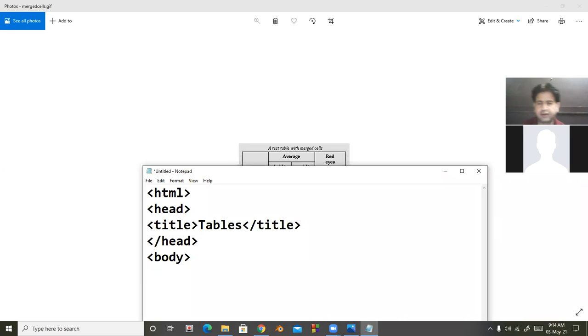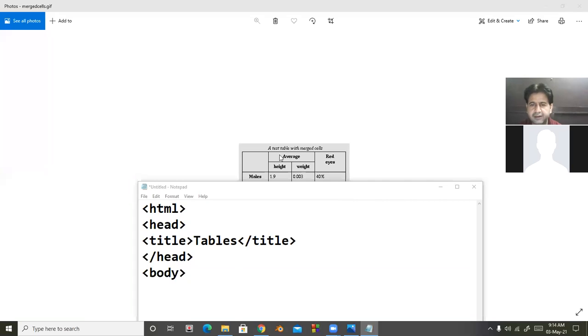After body tag, look at here. There is a caption of the table. So start the table tag. And lines are visible. That's why border equal to 3 or 4.